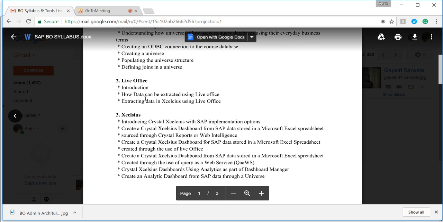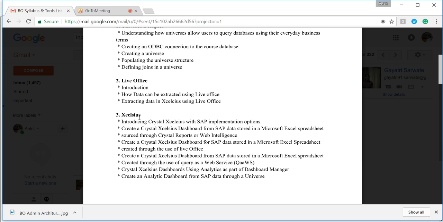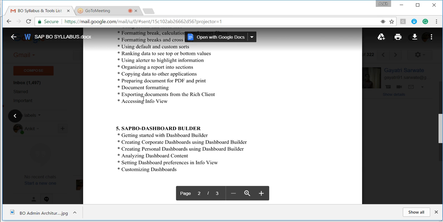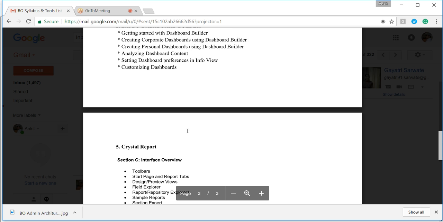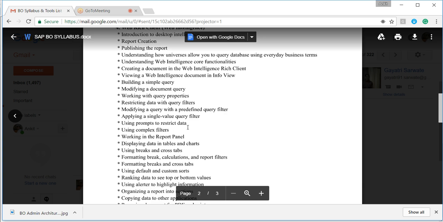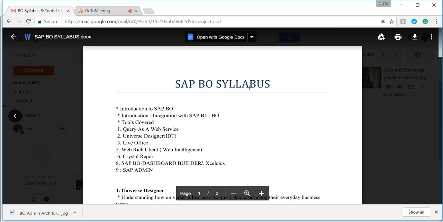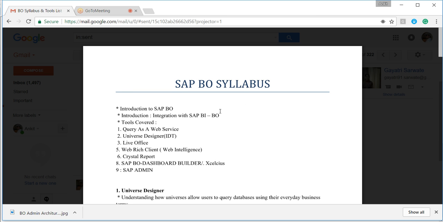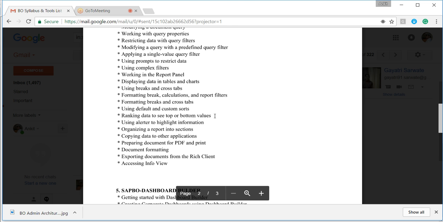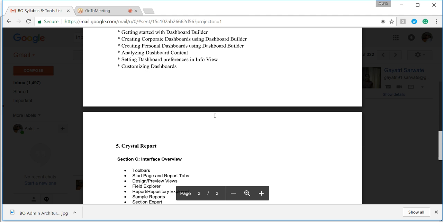Excelsius and dashboard are the same thing. In 3.1 it is called Xcelsius, but in 4.1 it is called BO Dashboard 4.0. There are also the rich client, Dashboard Builder, Crystal Reports, and a project. Don't worry about the syllabus. It is old, designed four to five months ago, but now I have added new things. Lumira and the admin part were not there, so I added the admin part.